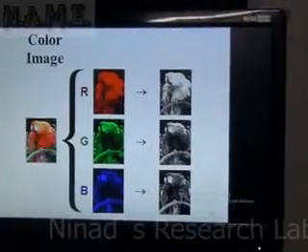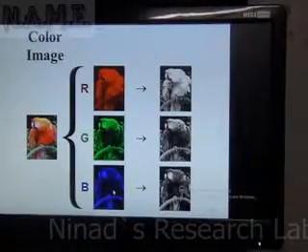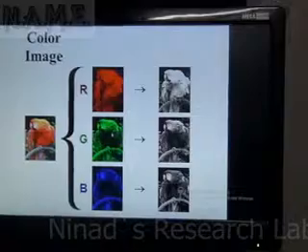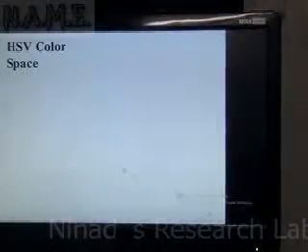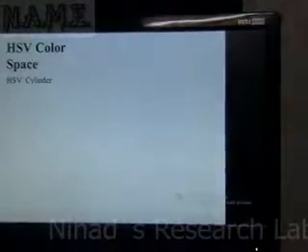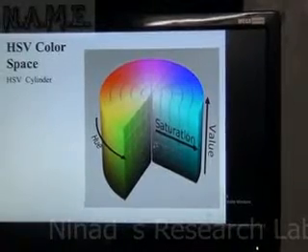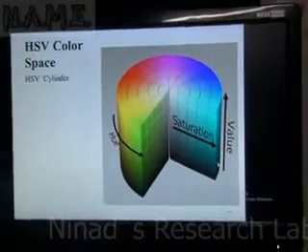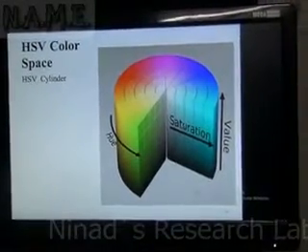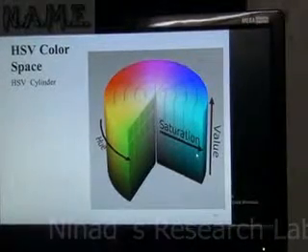Now what is a color image? Each image could be split into three color planes, RGB, and we can compare these RGB histograms using different Euclidean distances to match the image. Or it could be an HSV color space where you have hue, which is the spin of this cylinder, saturation is the radius of this cylinder, and value is the height of this cylinder. You can see extreme black is at the bottom and extreme white will be at the top of the cylinder. So HSV stands for hue, saturation and value.